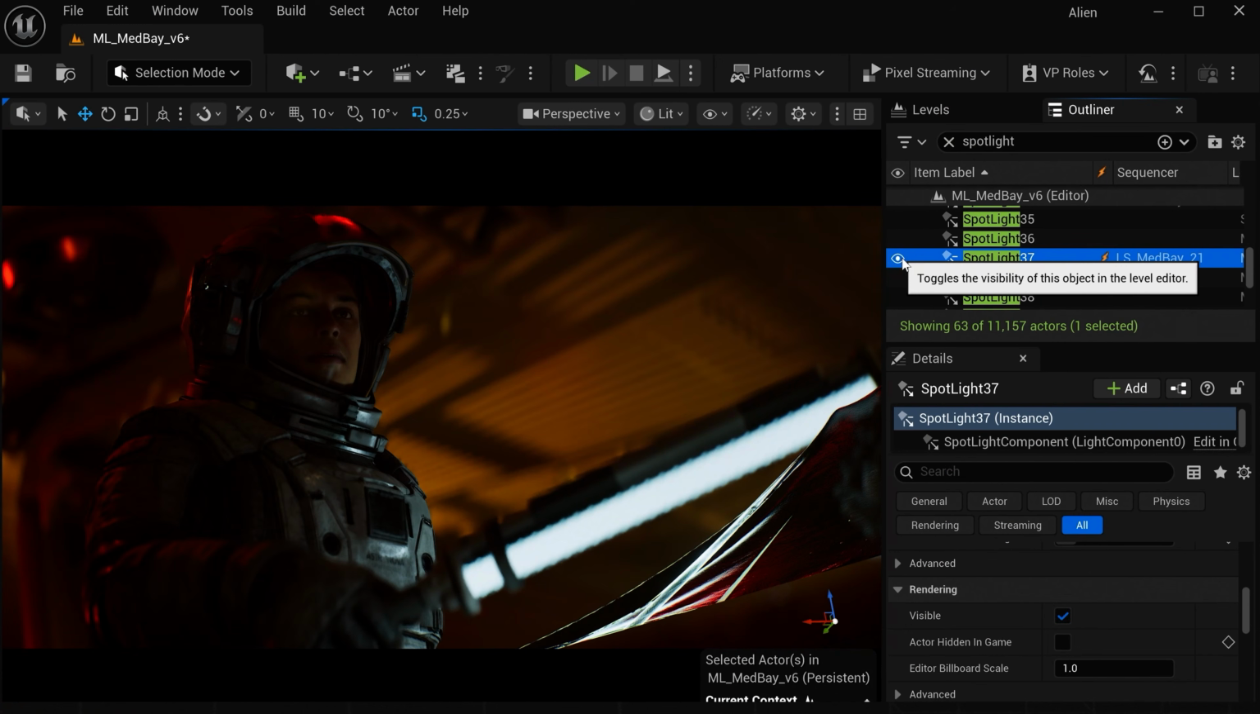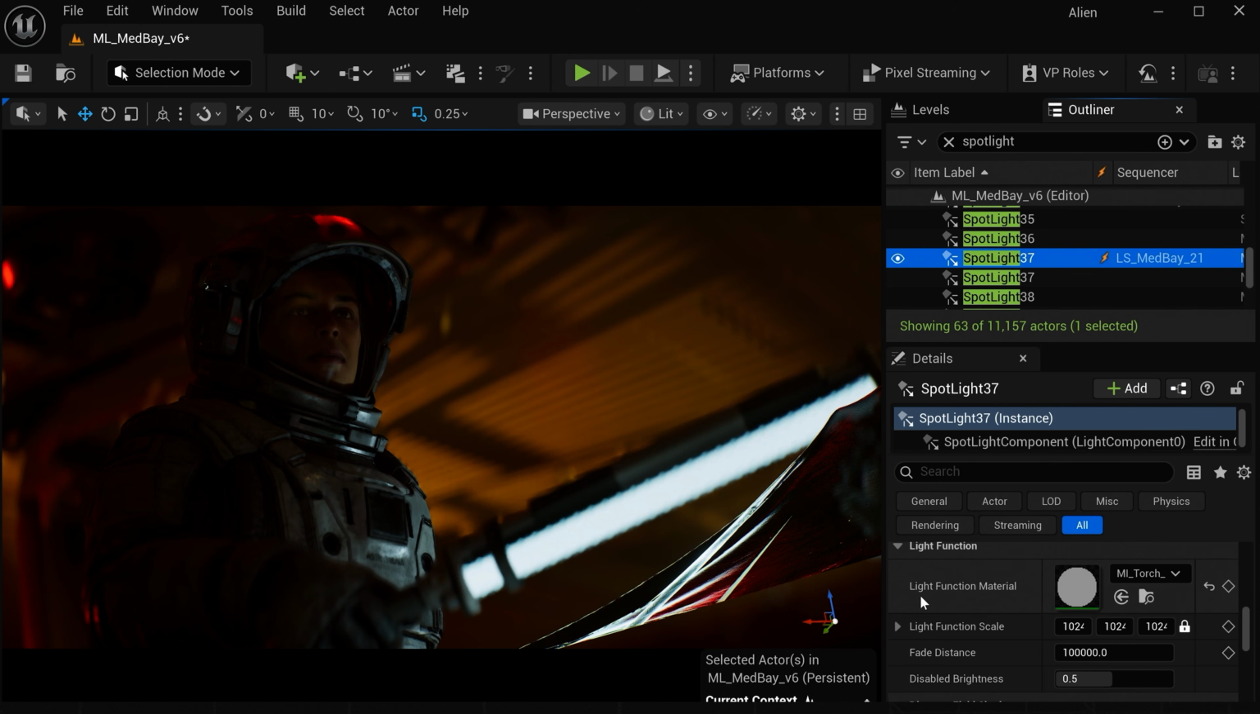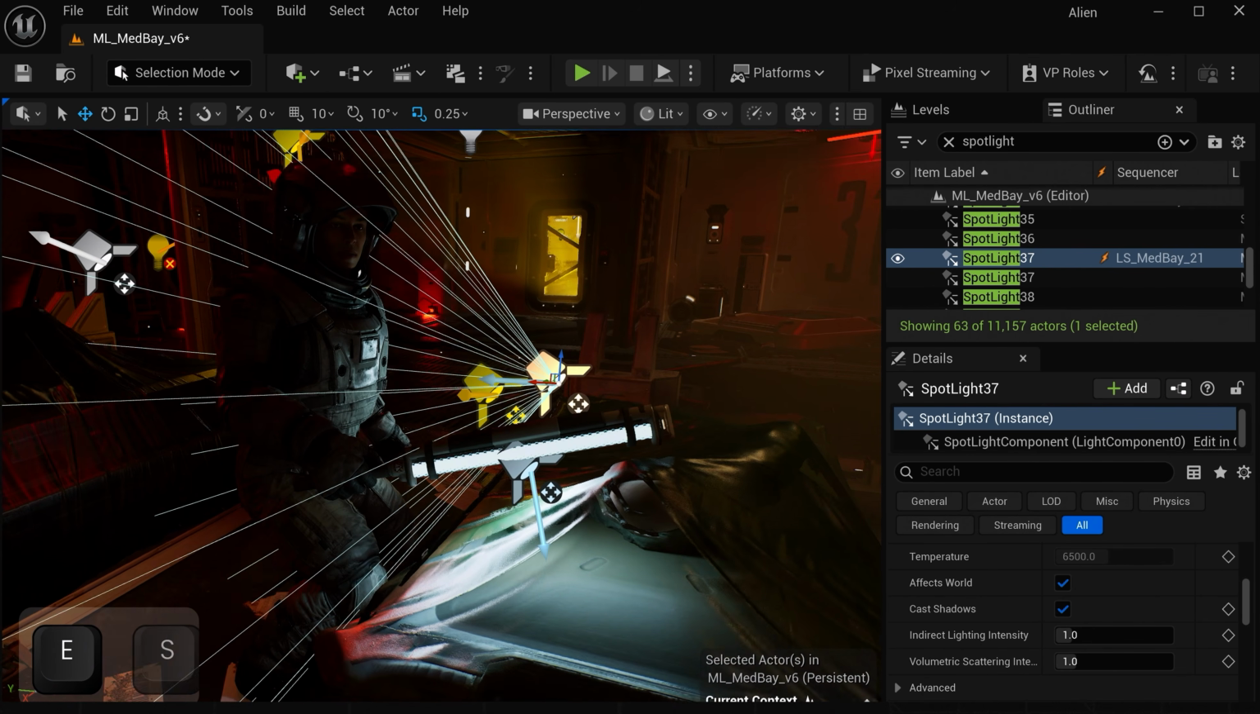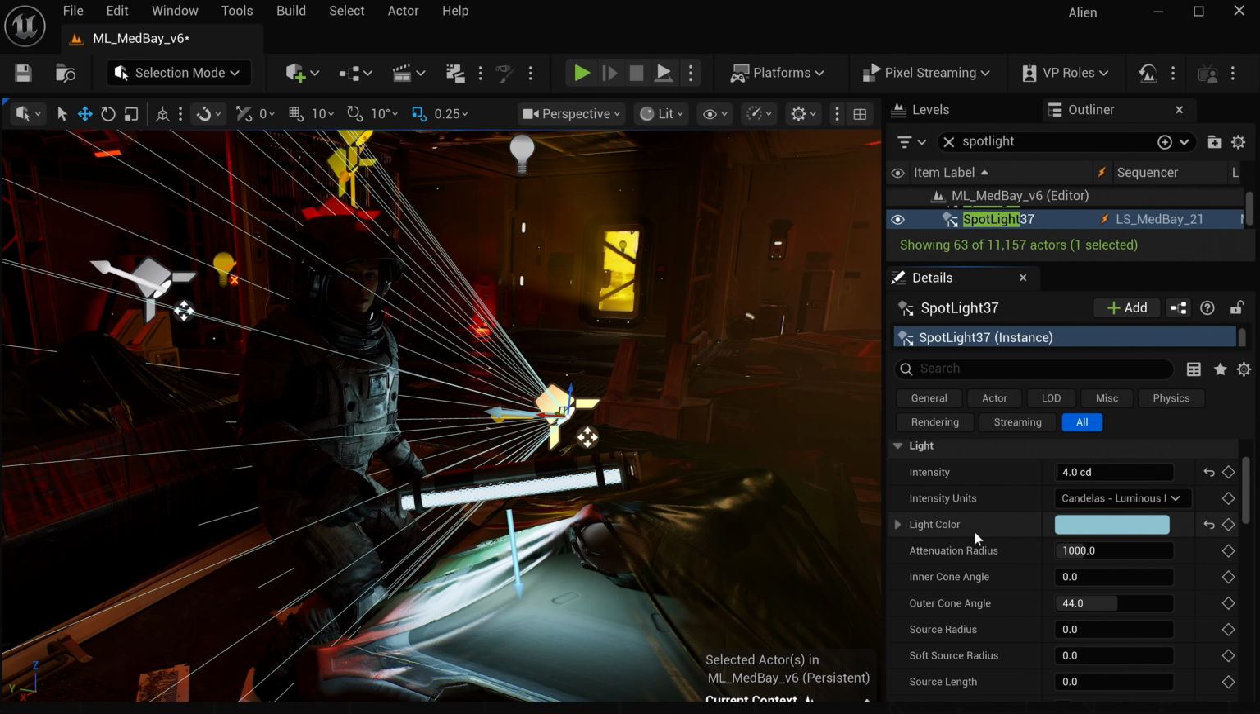So to show you how this works, I'm gonna take our key light right here, and let's remove our flickering light by just resetting our light function material here. And let's start to visualize our light in 3D space. I can quickly change this tiny source light into a light tube or a light frame by adjusting the source